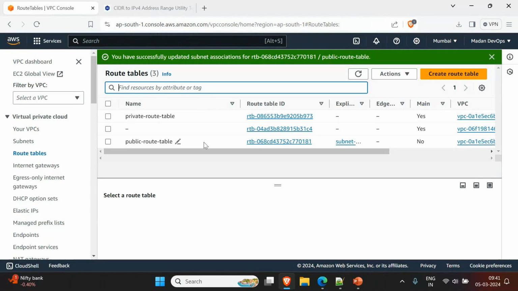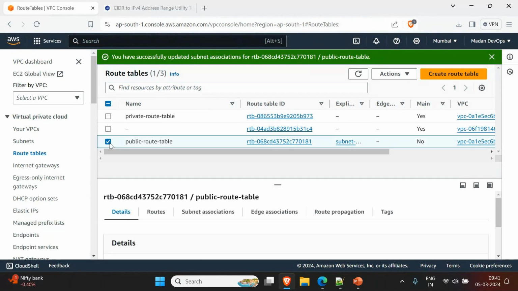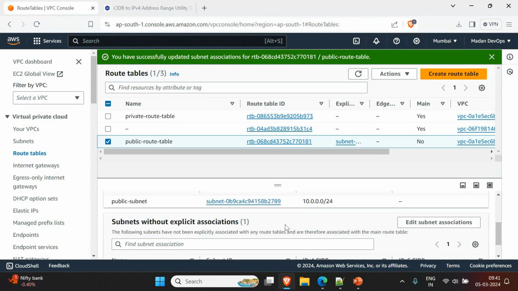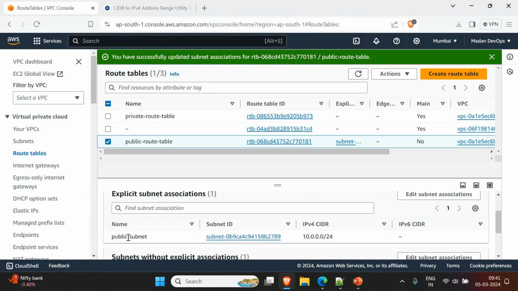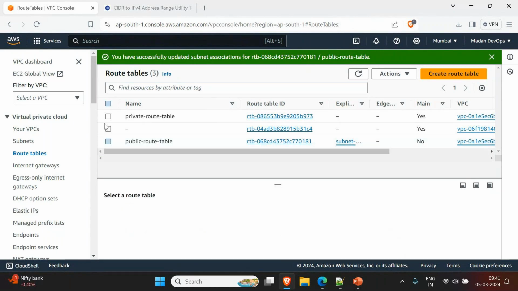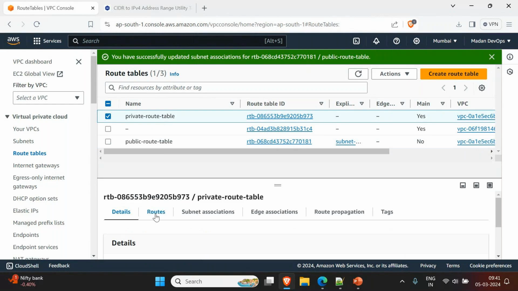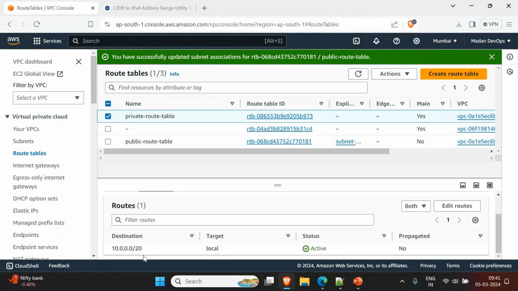Okay, now you select the public route table again and click on subnet association. You will see our public subnet here. The same way, I want to associate the other subnet with the private route table. This route table already has routes, the same route, and here in subnet association,